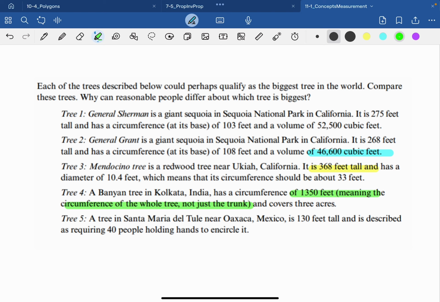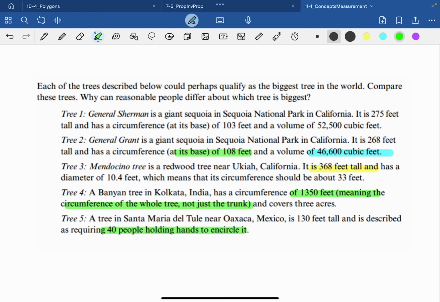So this is perhaps larger than if we're just talking about the measurement around the trunk. But we also have a circumference of 108 feet here at its base. So it's a question about which one has the